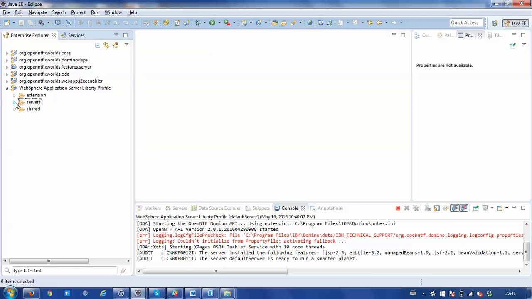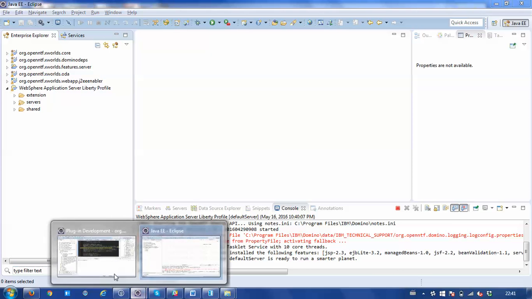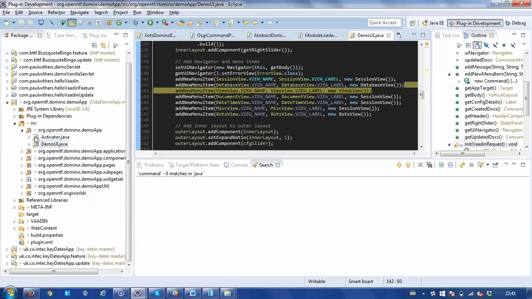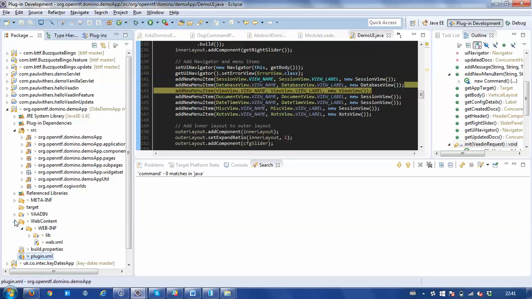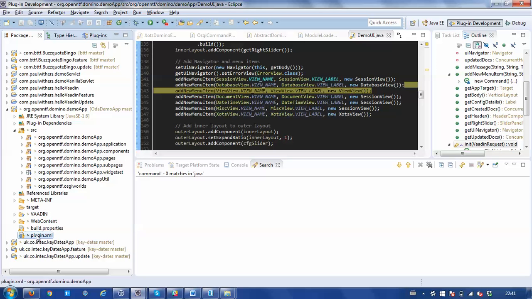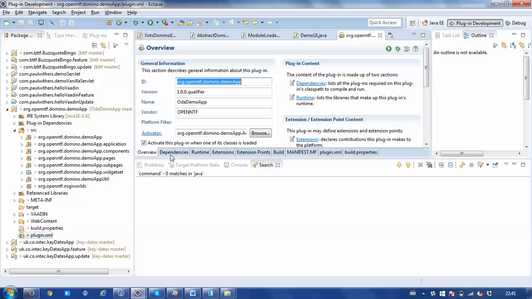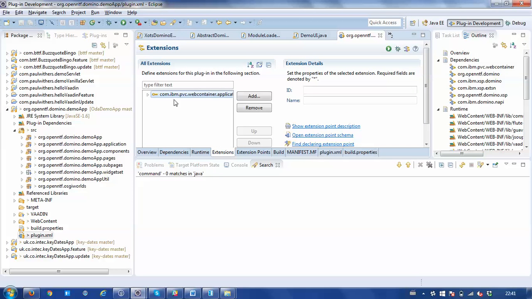If you're doing it with Domino itself, then here's the OpenNTF Domino API demo application. We've got our various source folders and other folders like web content, WEB-INF, but you then need to copy all of those files into a plugin, and in the plugin.xml you need to extend the